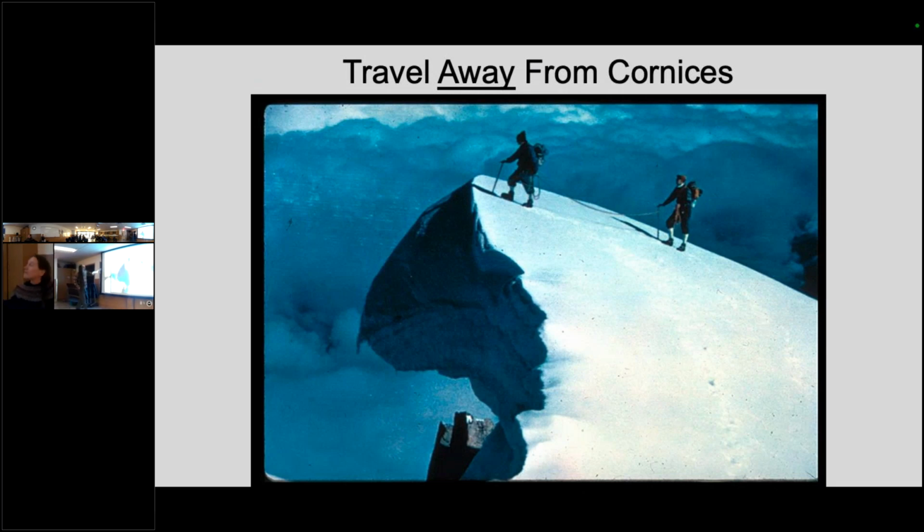But good things to think about with these cornices is don't travel right on the edge. A lot of times you can't tell it's an overhanging cornice, but you'll want to be way back here. You see how far. I mean, the ridge is probably here. That's just all the snow built up on it.